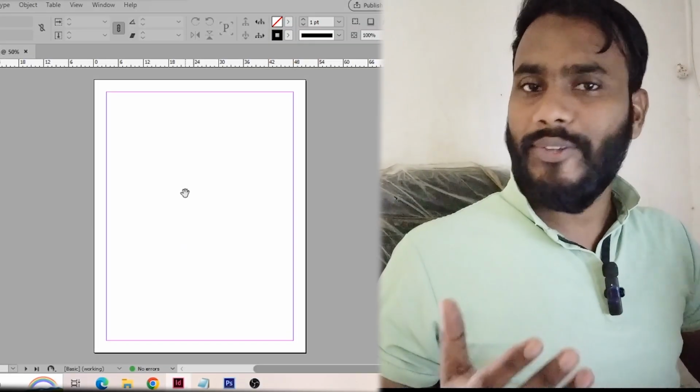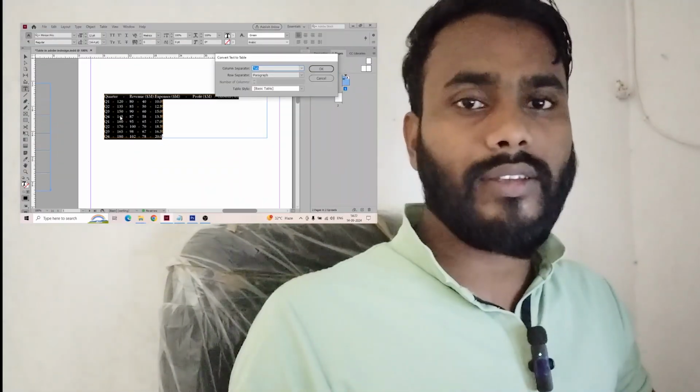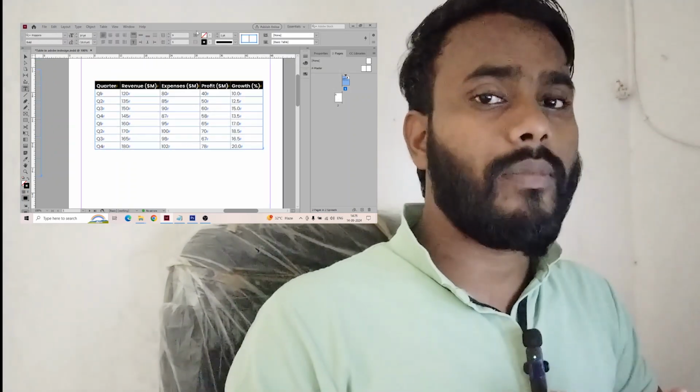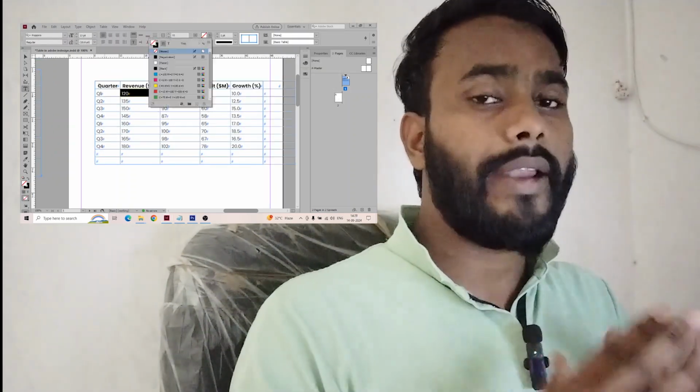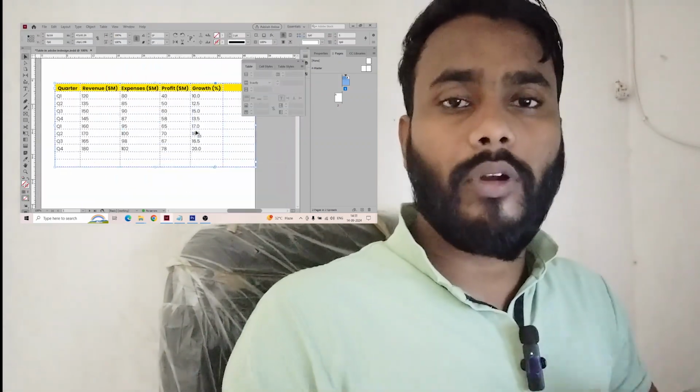Okay, so as you can see here, I have already opened Adobe InDesign and created a new document. First of all, we'll learn how to create a table in Adobe InDesign. After that, I will share how we can format our table based on our requirements. And number 3 and last, we will learn how to use table properties in Adobe InDesign. And I'm sure if you watch this complete video, you will not face any problem while working on tables